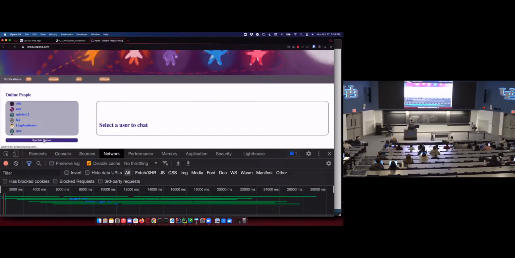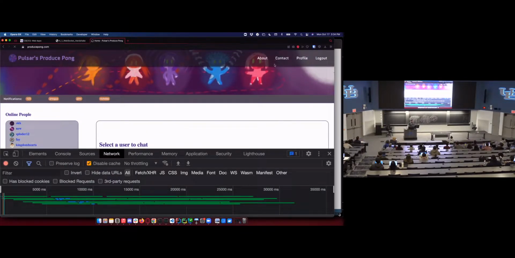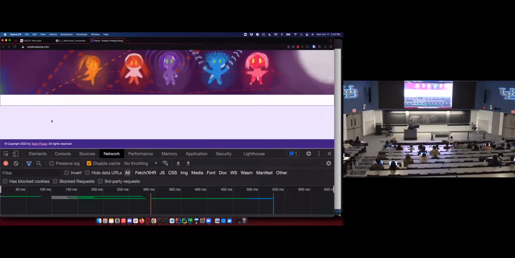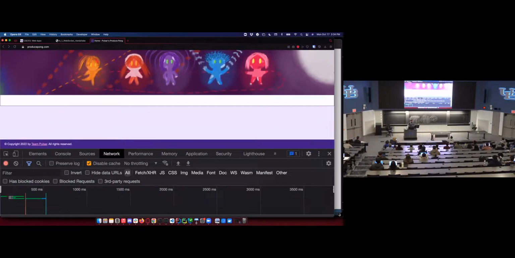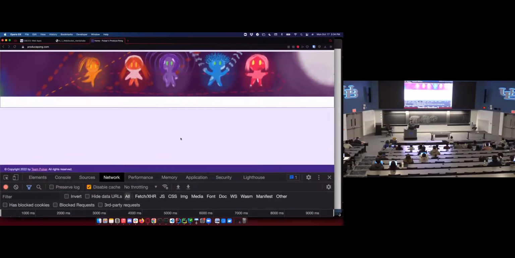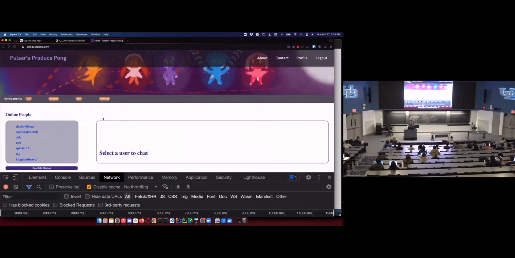Let me spectate a game. I think you need to have the cache on to load things. This server can't handle the load. I have to enter a game because the game part is what uses WebSockets. The home page doesn't.